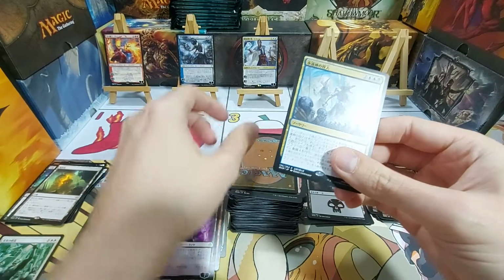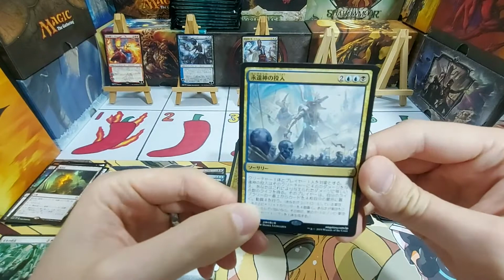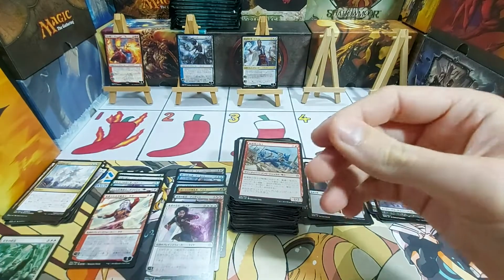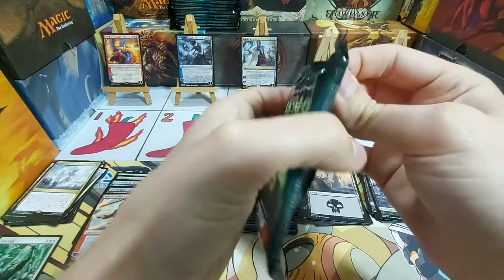Our rare is a Mass, the something or other. That was a very good card, used that in my Grixis build at the time. And our rare common card, third rare. So, oops, rare cards, not rare cards, sorry, foil cards